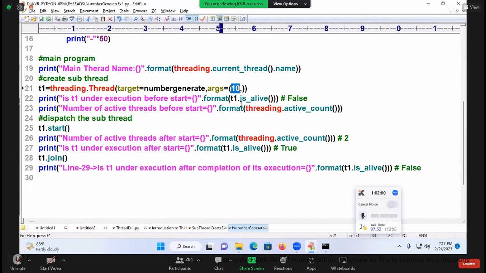What is the value here? 10. Is it a fixed value or not? What will I pass? A dynamic value. Can I pass a dynamic value directly? Now I am going to say int of, because you already know the subject, enter